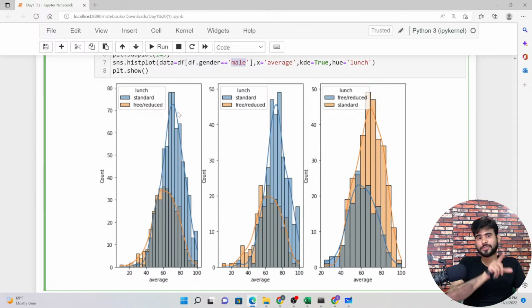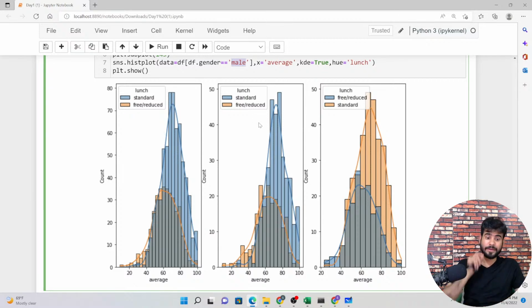whenever our students are taking the standard lunch, they are getting good marks in the exam, they perform well in the exam. And whenever the students are taking the free lunch, they are getting fewer marks.